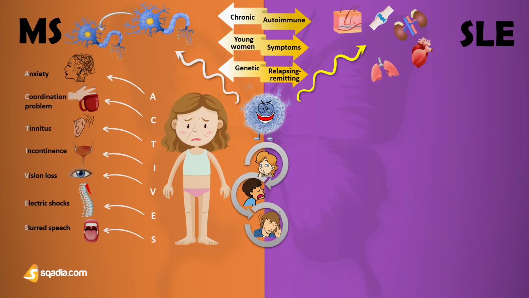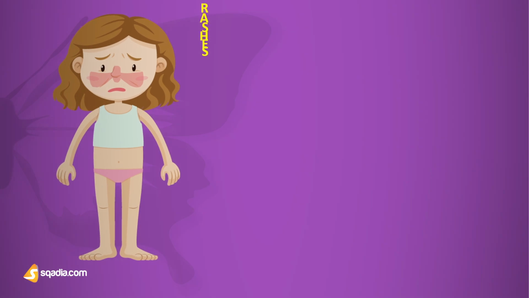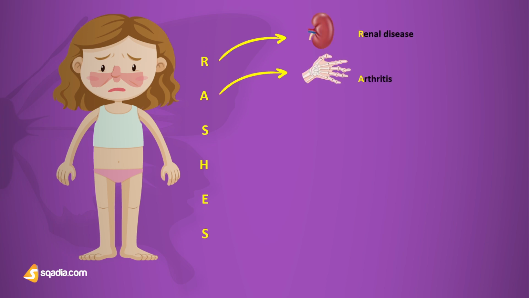Now, symptoms that you would notice in lupus patients can be remembered through a mnemonic, which is RASHES, because they have a red rash on their face. So all these symptoms can be remembered through this mnemonic, and each of the letters of RASHES will stand for a different set of symptoms, which are R for renal disease, A for arthritis, S for skin problems, which is the butterfly shaped skin rash that I keep on talking about, and also sun sensitivity.